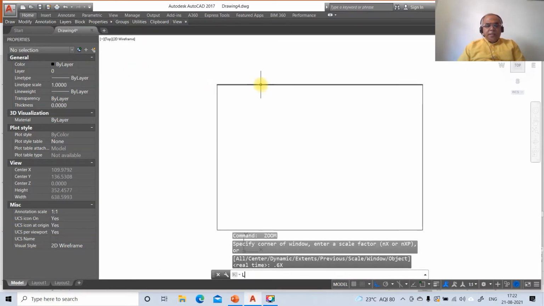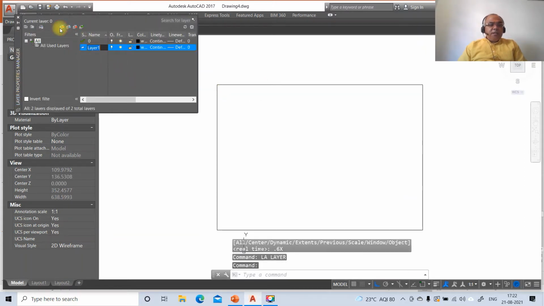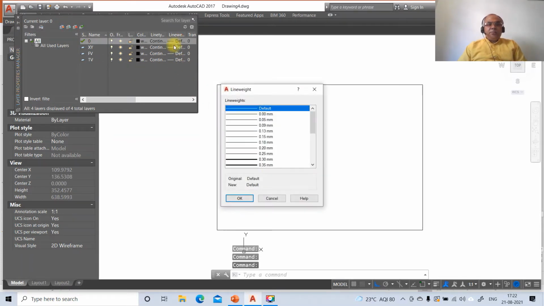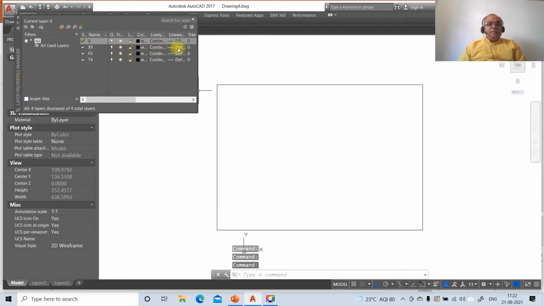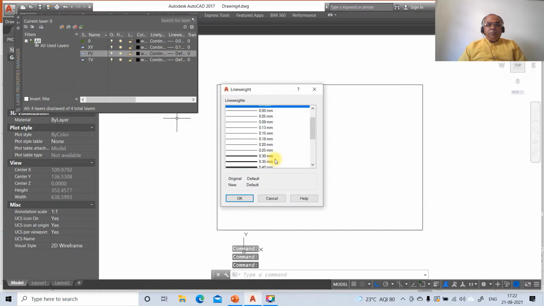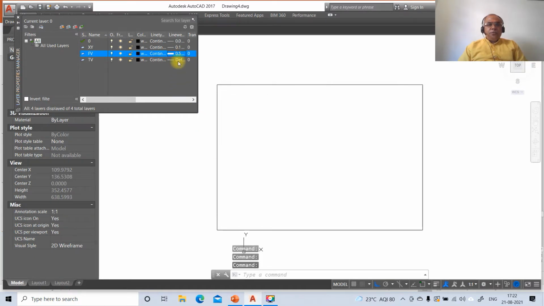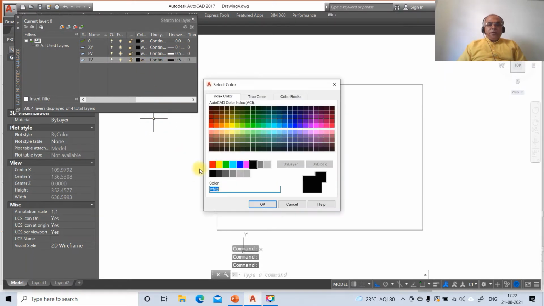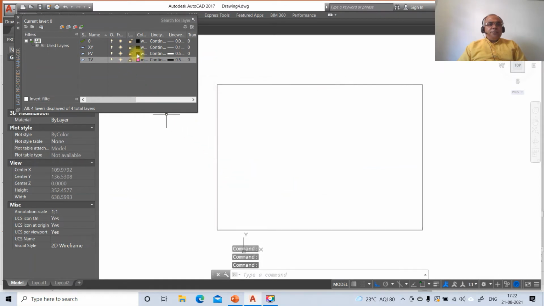Then go to layer, click on new layer, type the layer name XY, click on new, type the layer name front view FV, and click on new, type the layer name top view TV. Then layer 0 will contain the projector lines. All the projector lines will be of 0.05, so you select 0.05. Layer XY will contain the line XY. Then all these are going to have 0.13. Then the front view is going to have 0.5, and the top view is going to have again 0.5 mm line thickness. Then the top view will have a magenta color and the front view will have the blue color. Then say close.